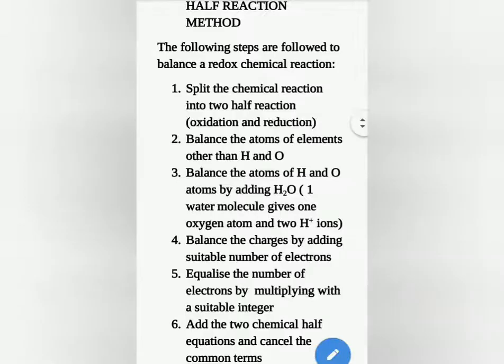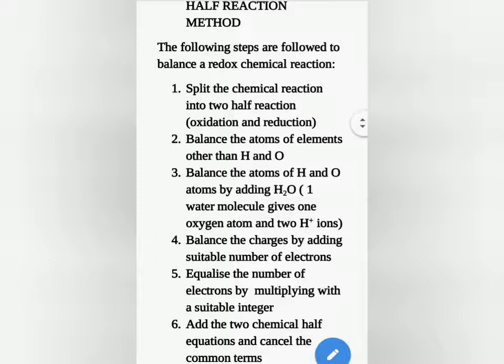So this is the final answer. That means H+ indicates that the reaction is taking place in the presence of an acid, or acidic medium. Once again, we are doing balancing of redox reactions. There are two important methods: the oxidation number method and the half reaction method. Here we are studying only the half reaction method, since in the question they will not specifically mention the method. They will ask only for the redox reaction in either acidic or basic medium. Most probably acidic will be asked in the exam, but basic is also in our syllabus.